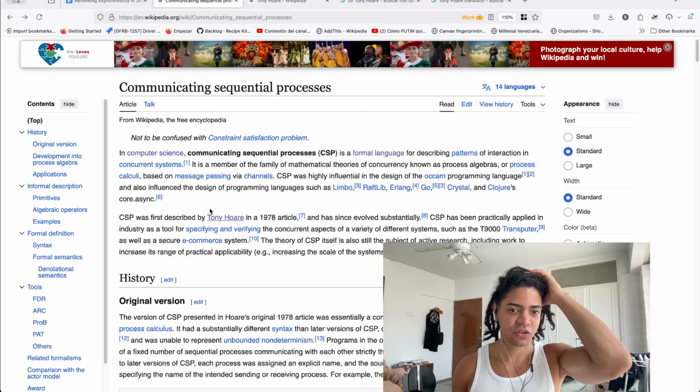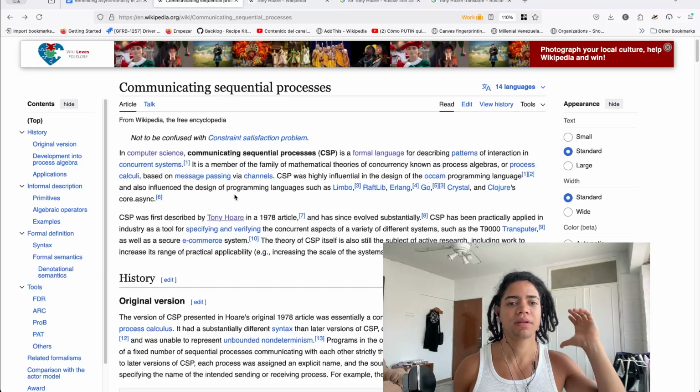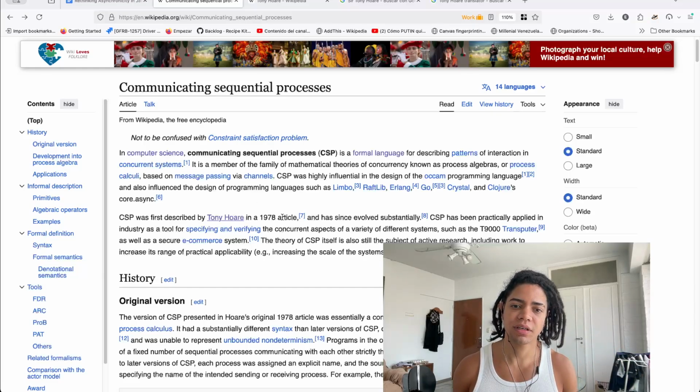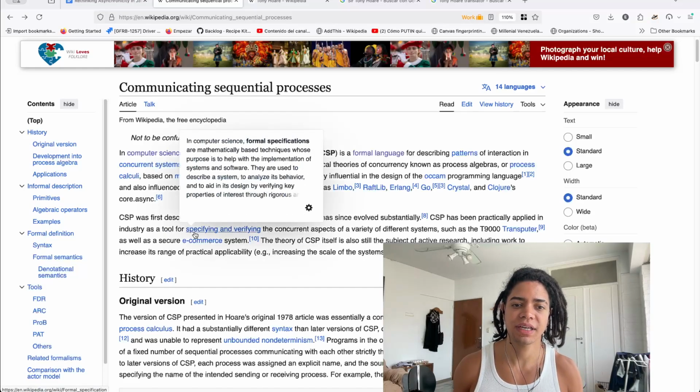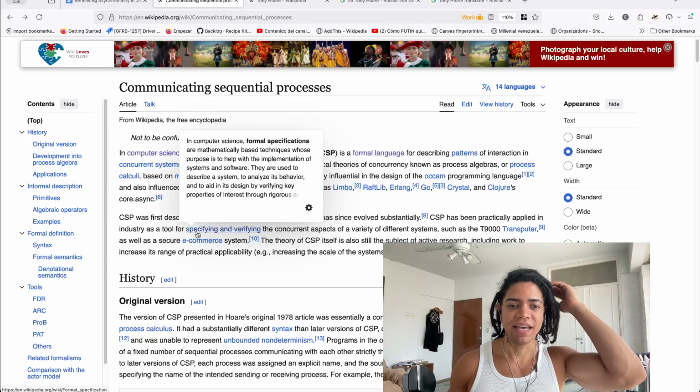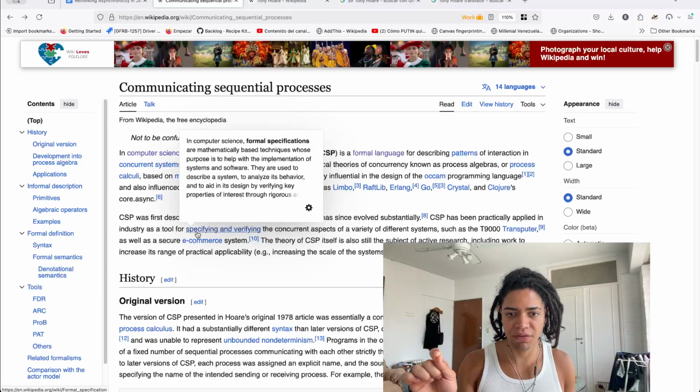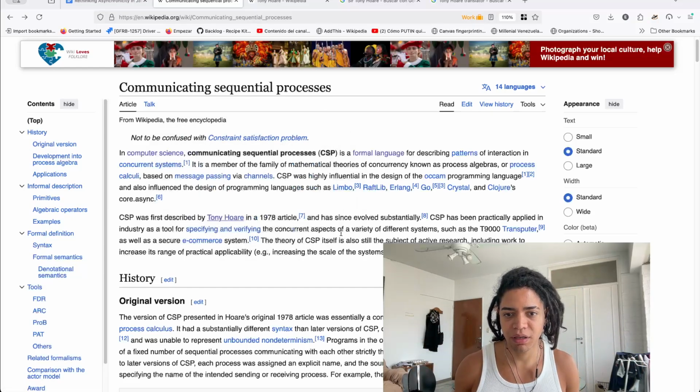It was first described by Tony Hoare in a 1970 article, and has since evolved substantially. CSP has been practically applied in industry as a tool for specifying and verifying the concurrent aspects of a variety of different systems, such as